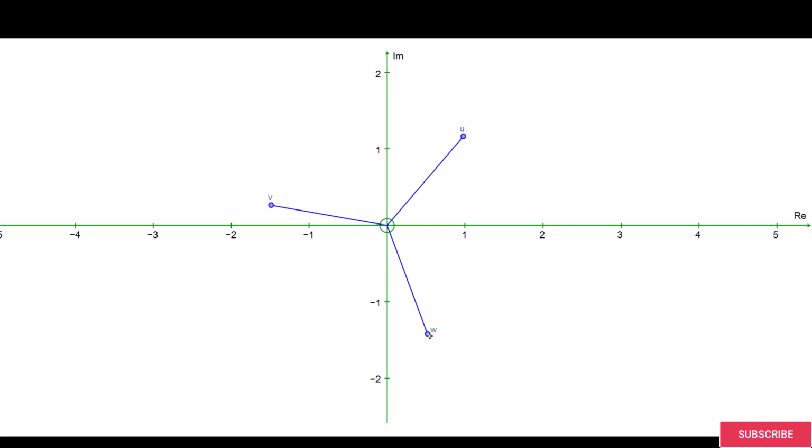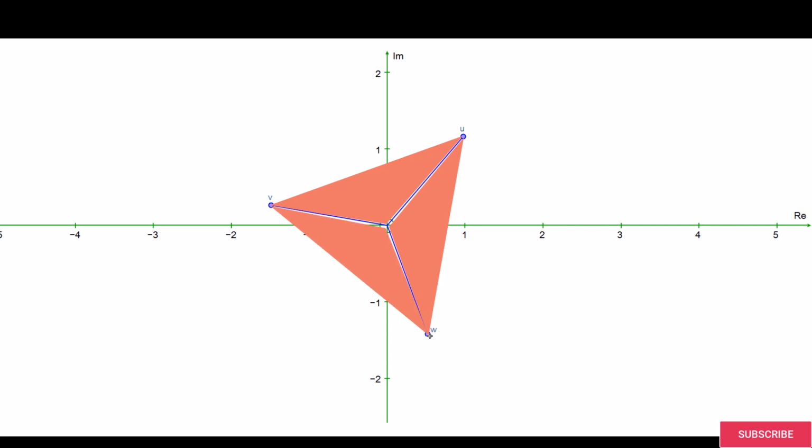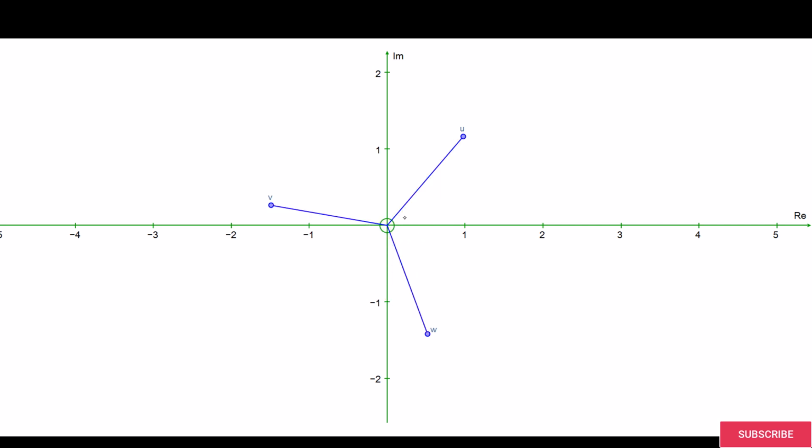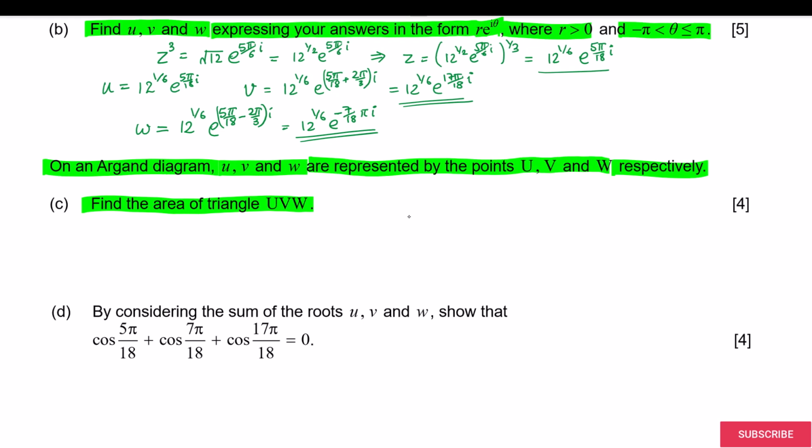We find the area of one triangle and then multiply by 3, and we know the area sine rule because we have two sides and the angle between them. The angle between them is 2 pi by 3, and the radius here is 12 to the power 1 over 6, so it's easy to find the area of the triangle UVW. So I guess we can directly write the area as